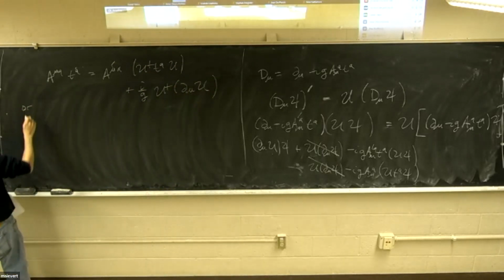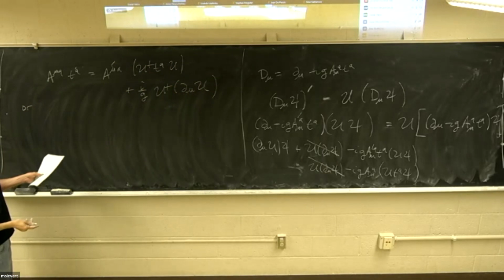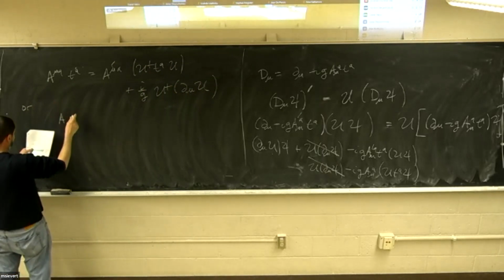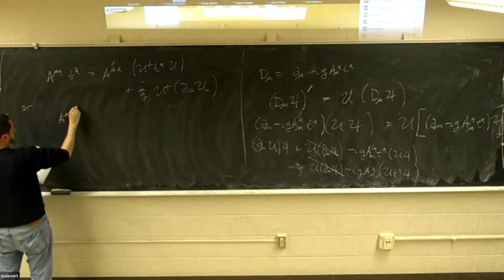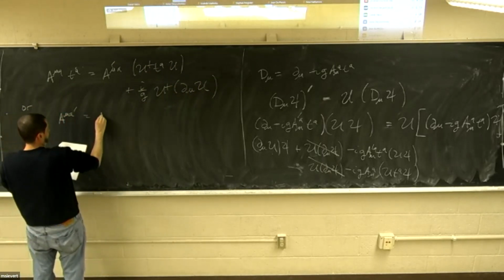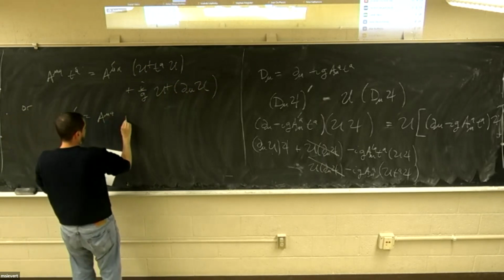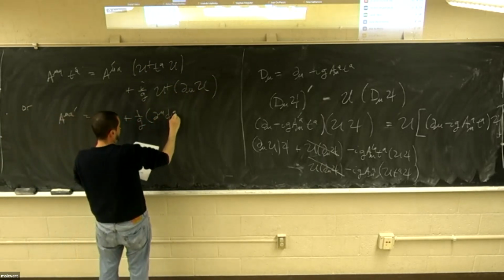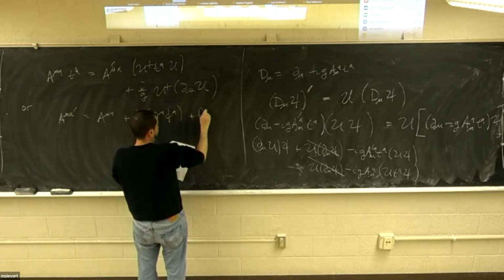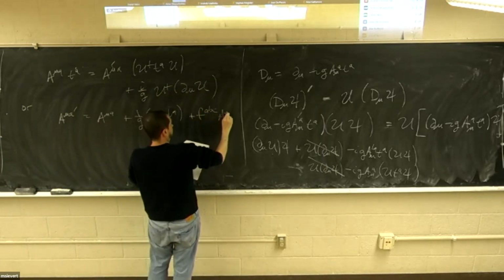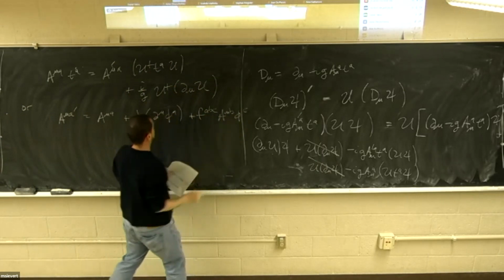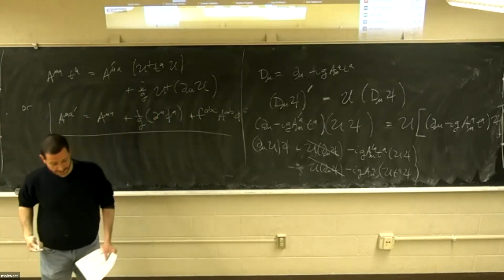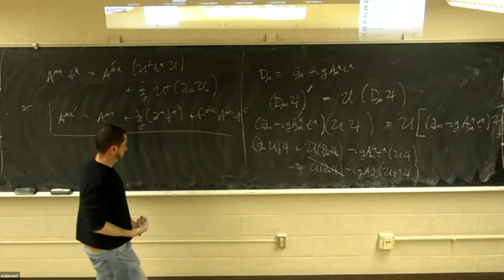This maybe is not a super intelligible way of writing the transformation, although it is complete. An equivalent way of writing it, if I open this up and solve it for A mu, is to get A mu prime equals A mu plus 1 over g D mu phi A plus f^{ABC} A mu B phi C. So this is the point that I wanted to make, which is that the gauge transformation in QCD looks